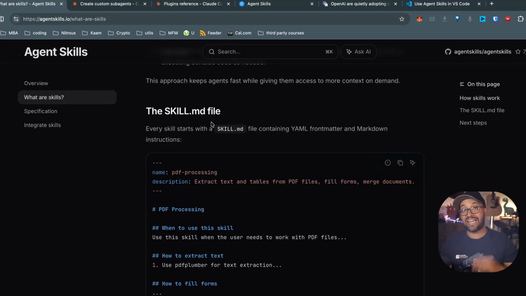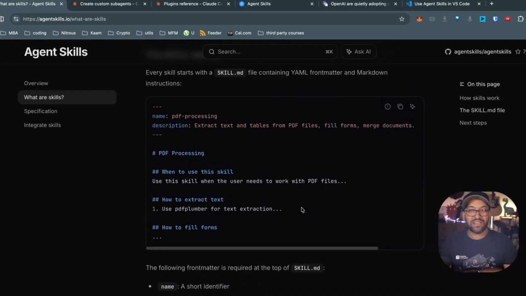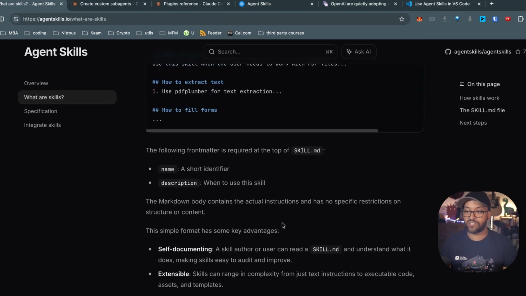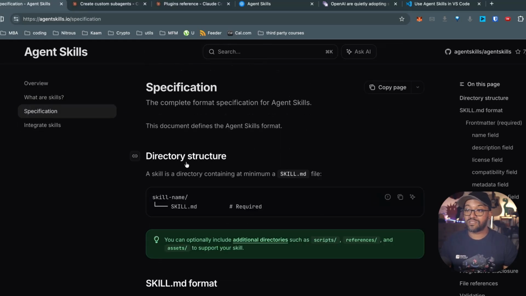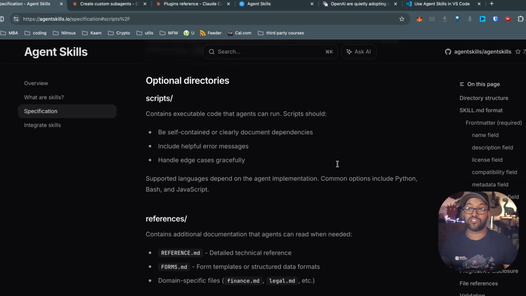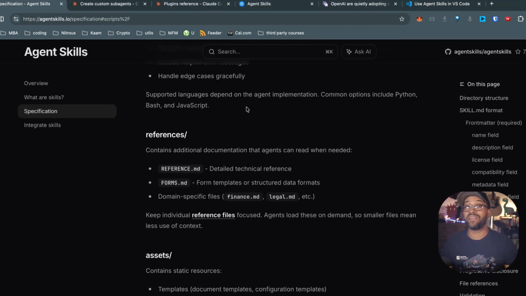The skill.md file is actually all you need to create a valid skill, and it must have some front matter, which is metadata. If you've seen some other videos on slash commands and subagents, you would have seen what front matter is. So do go back and look if you don't know what it is, or check out the documentation. But ultimately, how it works is that these directories will allow you to put in extra data that you may want, right? So scripts will contain executable code, references will be additional documentation that you then refer to in your skill.md and say, hey, if you want specific sub-skills, like the example in the documentation, if you want specific skills on the finance aspect or the legal aspect, depending on what the workflow is, you can look into these particular subdirectories or these files inside the references folder.